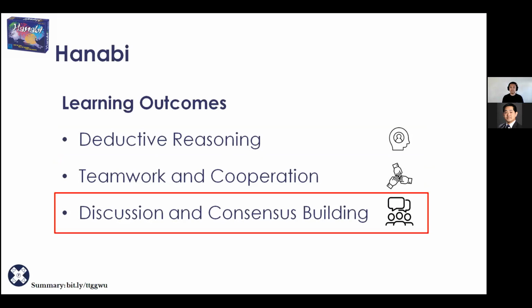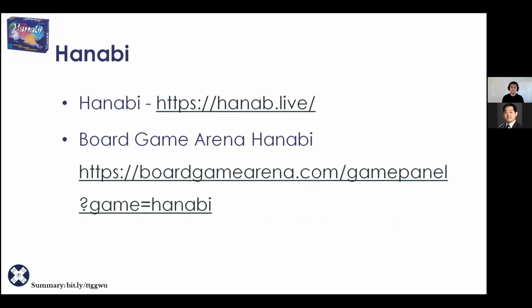And the last part is about discussion and consensus building. So if you happen to be teaching a class on teamwork or cooperation or group dynamics, this is great because you can play Hanabi several times and appoint one person from the group to be the team leader or the consensus builder or anything else. Because again, you are all working together. Not everyone has all of the information. So really focusing and targeting one person to be that person that builds consensus, probably even if it's a quiet student that you feel like has a lot of potential, you can identify them as that person that you want to build consensus and really put them in that role that they should fulfill while playing the game.